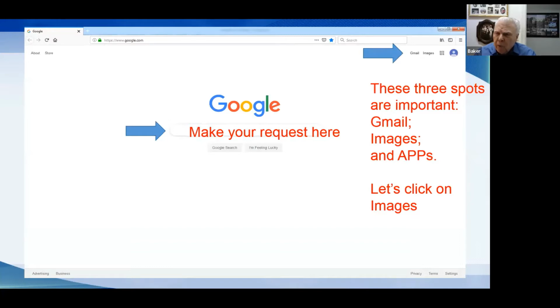There are 2 or 3 other spots that are important on the Google home page. Right up there near the top, you see Gmail. Some of us may be involved with that. We're not going to talk about Gmail tonight, but we are going to talk about next to it the images, and those 9 little dots. It doesn't say it there unless you click on it, but that's where you find Google applications. Let's start with Google Images.